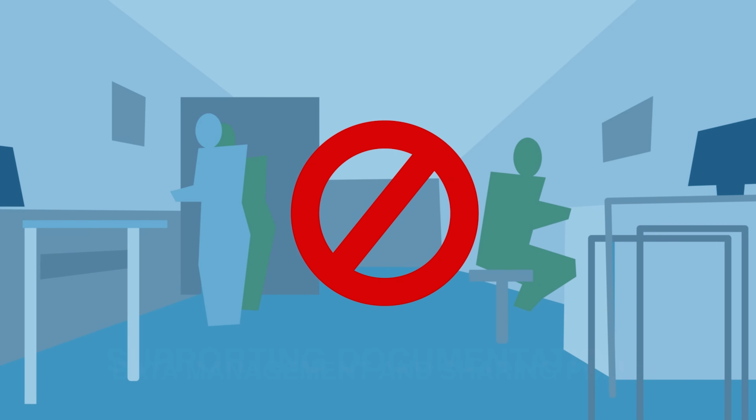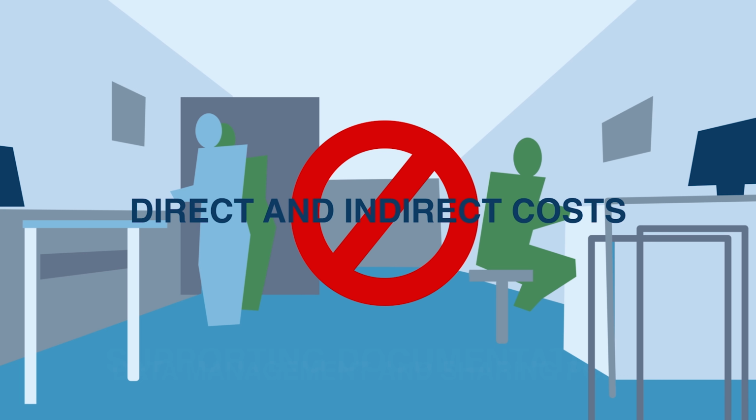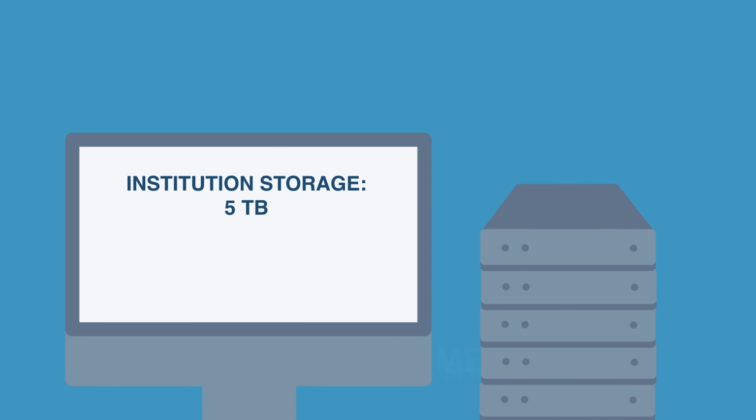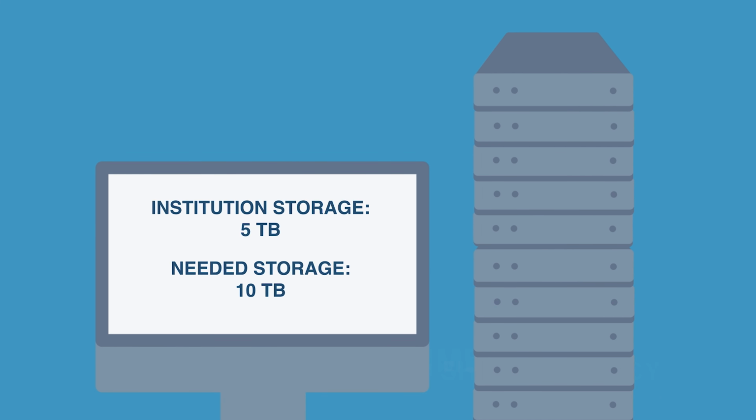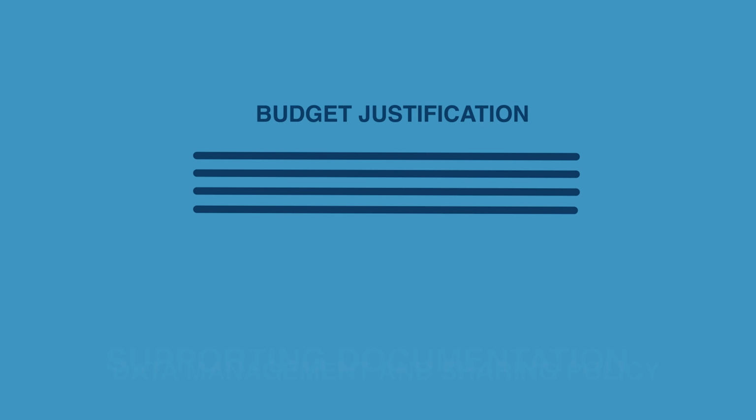Costs that are not allowed include those associated with the routine conduct of research, facilities and administrative costs, or costs that are charged as both direct and indirect costs. For example, suppose your campus facilities include working storage up to 5 terabytes, but you need 10 terabytes of working storage for your project. In this case, you can only include the cost of 5 terabytes of storage in your budget because the other 5 are covered by your institution. You also must clearly make the case in your budget justification for why you need more than 5 terabytes of